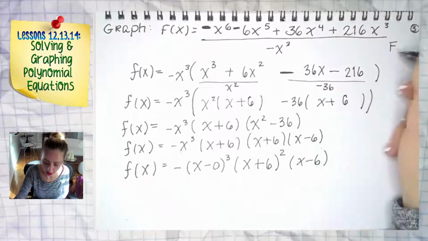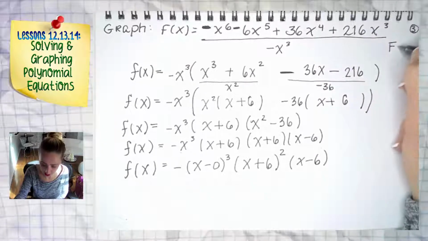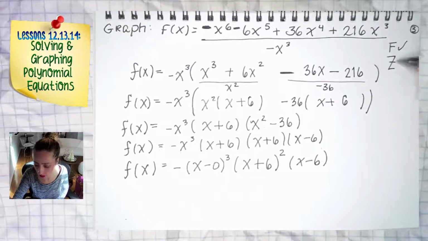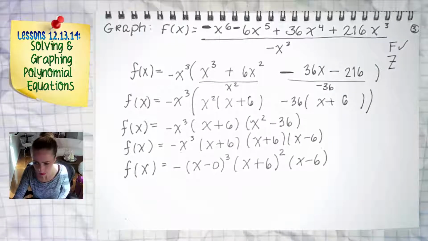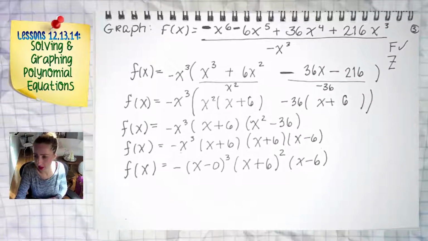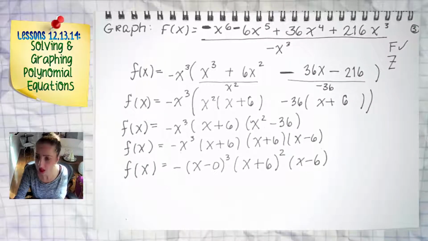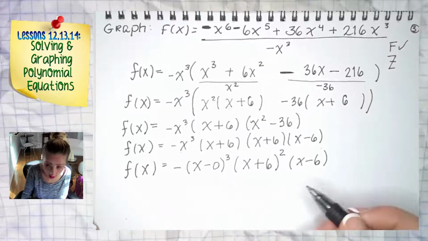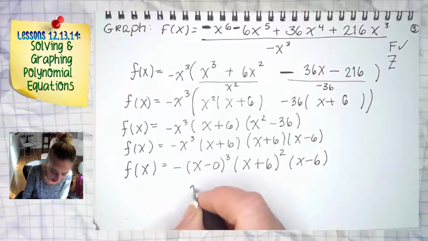So we are fully factored. Factored first. Fully factor first. F words for days. Next word started with the letter Z. What does that stand for? And then tell me all about it. So zeros, that's also a nickname for your what? How do we get them? What do we do from here? Type something in the chat for me. Good. So they're the zeros, x-intercepts, and we get them by